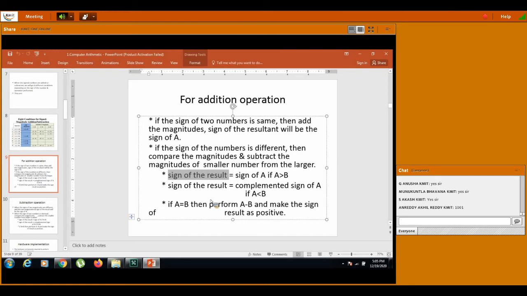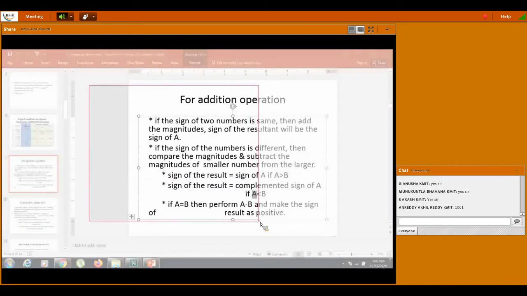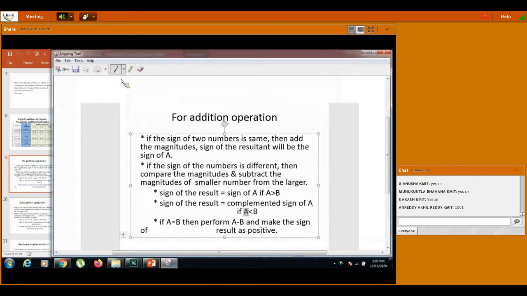But if you are adding 2 plus of minus 9, then what happens? If A is less, that means 2 is subtracted from 9. Now A is 2 and B is 9. Hope you are understanding, right? To make you understand, just wait. According to this, I am going for A as 9 and B as 2. Now, in this case, my answer will be 11 because both are positive only.